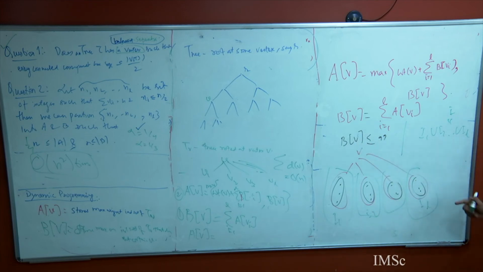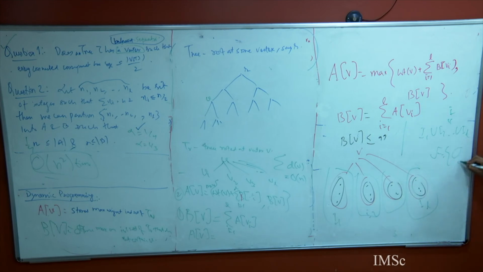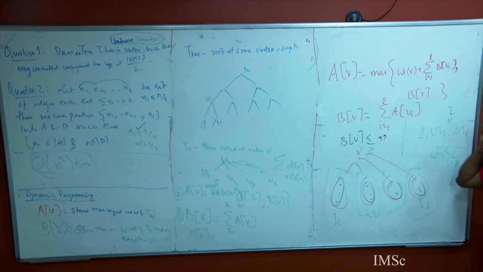What is my goal? This object is trying to take all maximum independent sets here. Look at the family of all independent sets in this graph that do not contain V, and it is trying to find the maximum over this. Now I have given you the maximum of all these, and their union is also an independent set, and hence it belongs to this family over which you are trying to maximize, and hence you have shown greater than or equal. But to do this, I use the fact that there are no edges between them. So this is really a separator, and please see that it is a separator there. This is an important thing to see.